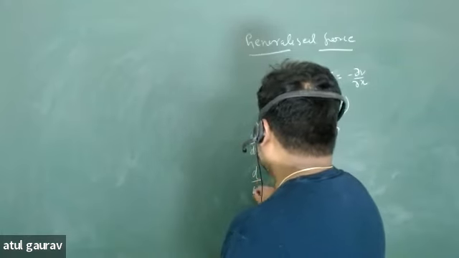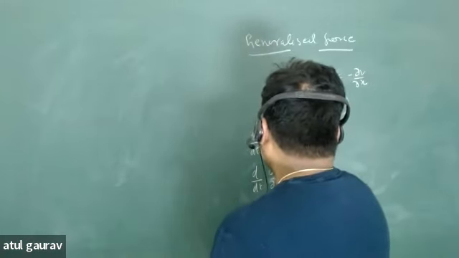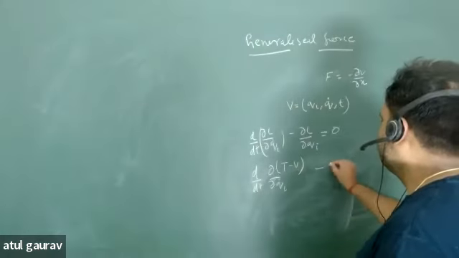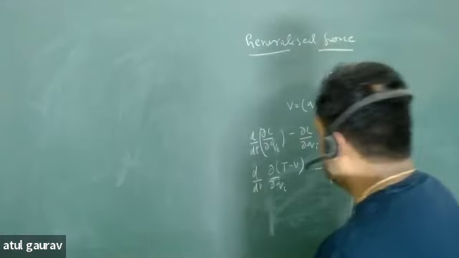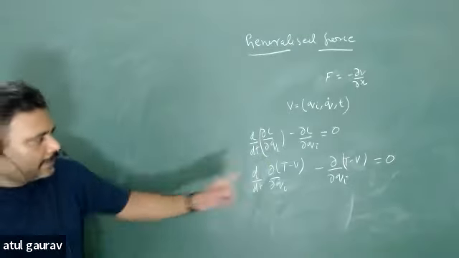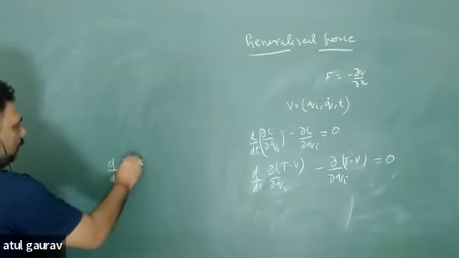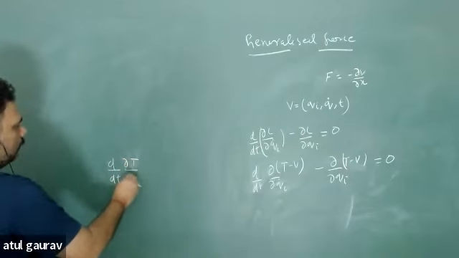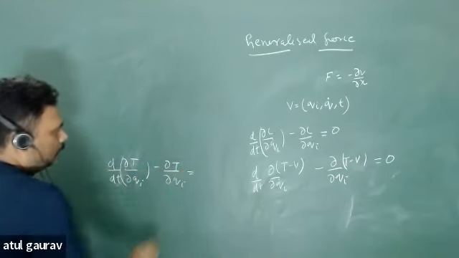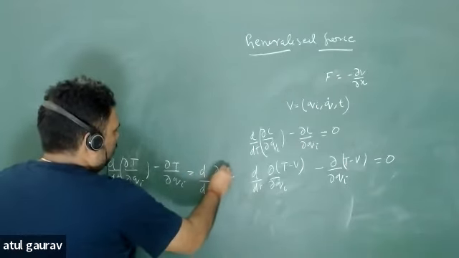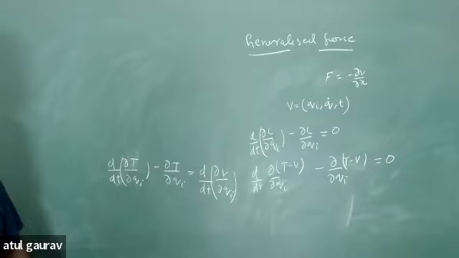Here L is nothing but T minus V. This whole thing you can write in the form of d upon dt del T upon del Qi dot minus del T upon del Qi is equal to d upon dt del V upon del Qi dot